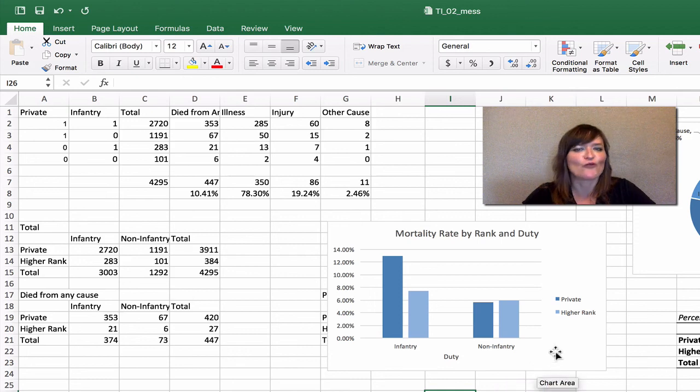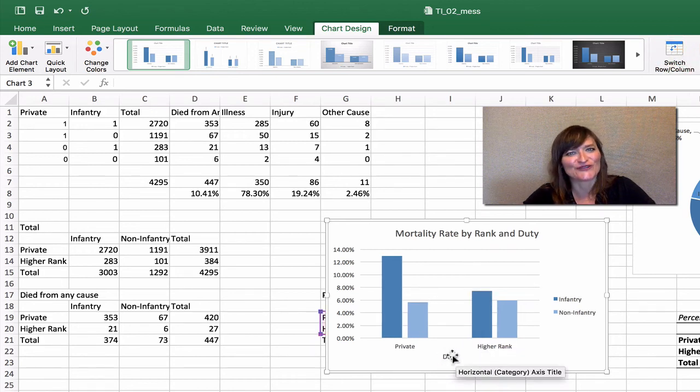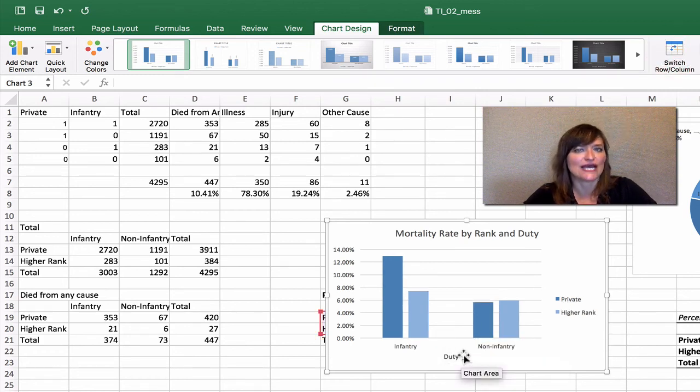Be very careful once you've added a title. If you switch, it doesn't know that you need to change the title. So be very careful that if you switch your row column after you've added a title, that you be sure to edit that title.